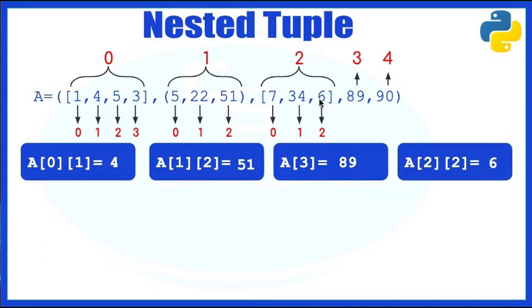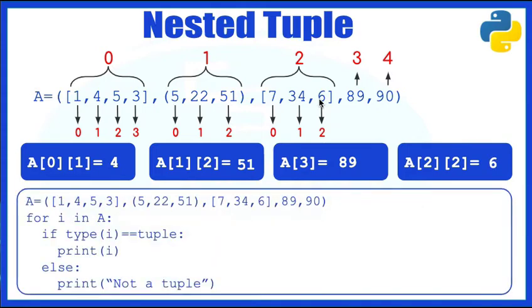So I hope you understood how it's actually extracted. And let's look at the example. If I have a nested tuple with 2 list elements and 1 tuple element inside it, and other integer values, I would like to display only that element which is itself a tuple. I am checking this, and I hope you remember the tuple keyword, which we have already done in the previous video also.